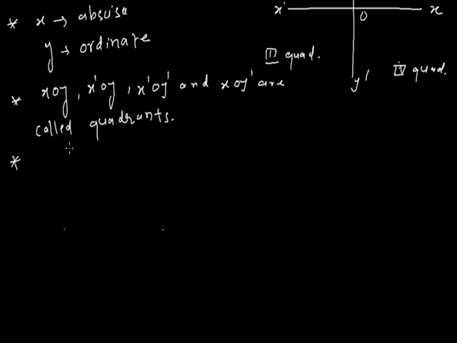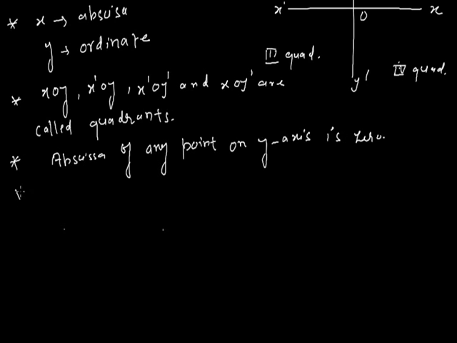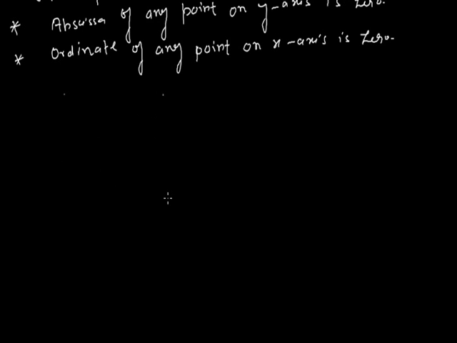There are also some new points: the abscissa of any point on the y-axis is 0. Similarly, the ordinate of any point on the x-axis is 0. For example,